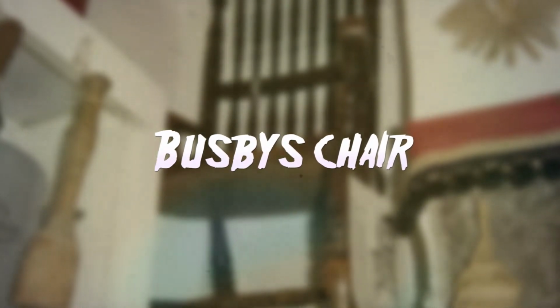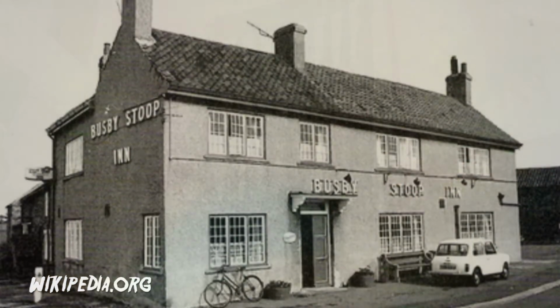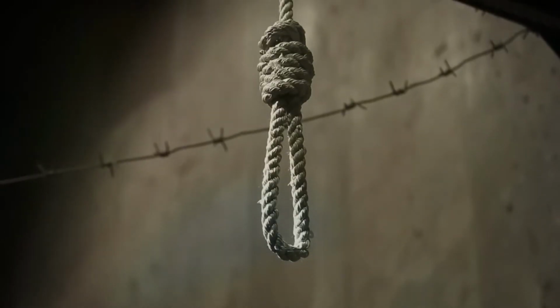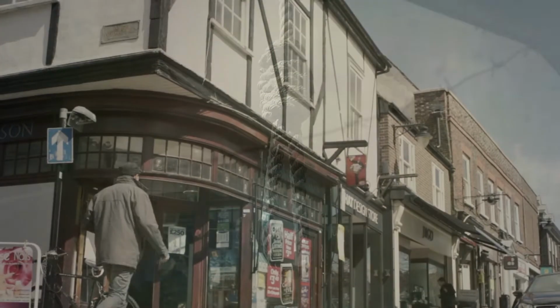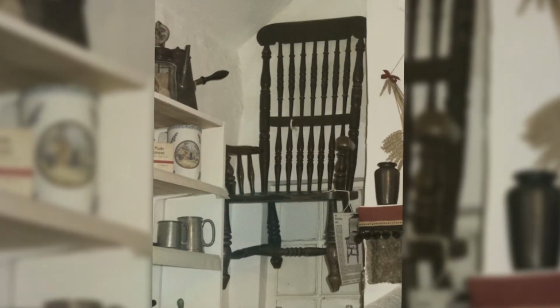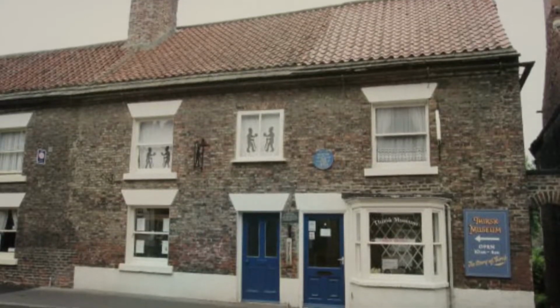Busby's chair. The Busby stoop chair, or the dead man's chair, is an alleged haunted oak chair that was cursed by the murderer Thomas Busby before his execution by hanging in 1702 in North Yorkshire, in the United Kingdom. So many deaths were later attributed to people sitting in the chair that the landlord donated it to the Thirsk